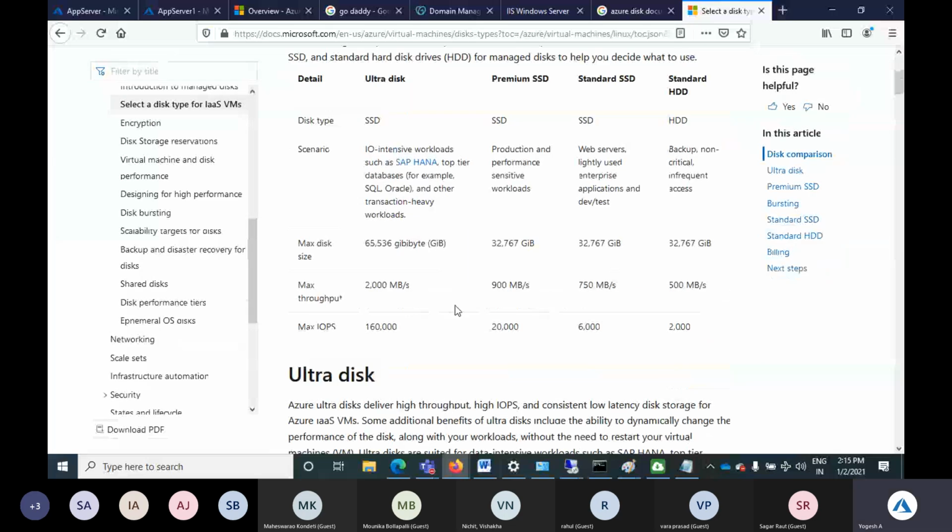Okay, so this is the difference. When you use a standard HDD, this is the maximum throughput. When you use a standard SSD, again this is the maximum throughput, and under the premium SSD, you will get 900 Mbps throughput. And this is the maximum IOPS: 2000, 6000 and 20,000. And when you use the ultra disk, you will get 160,000 IOPS, where you will get 2000 Mbps read